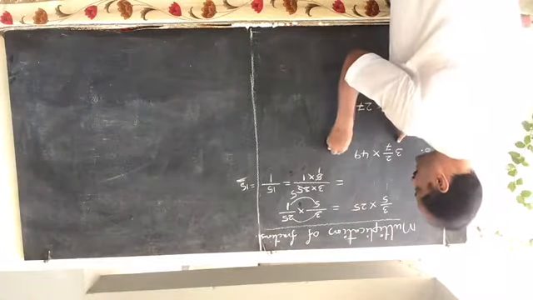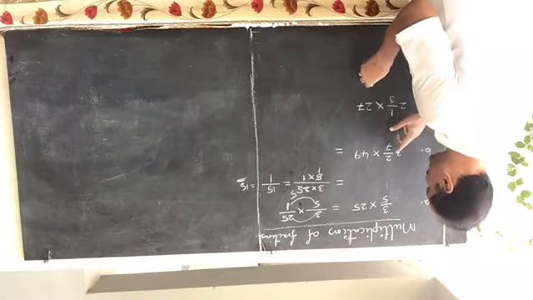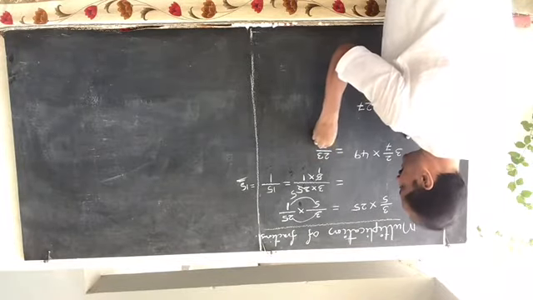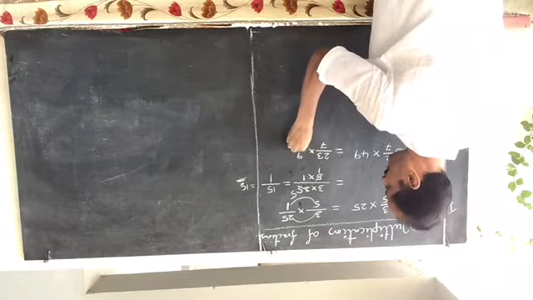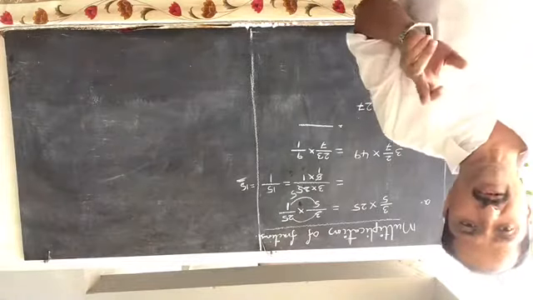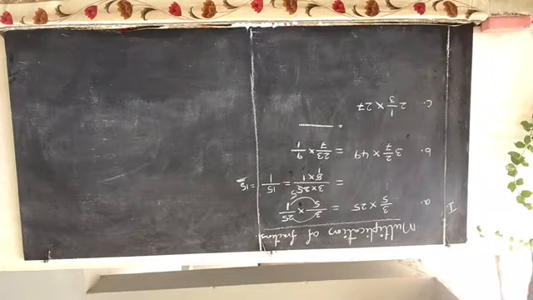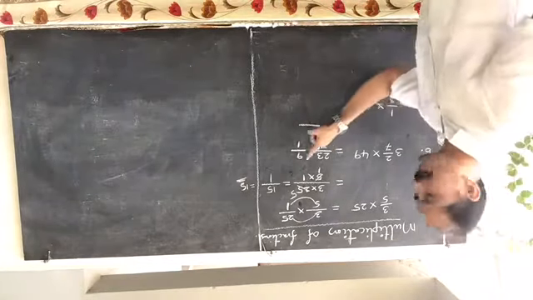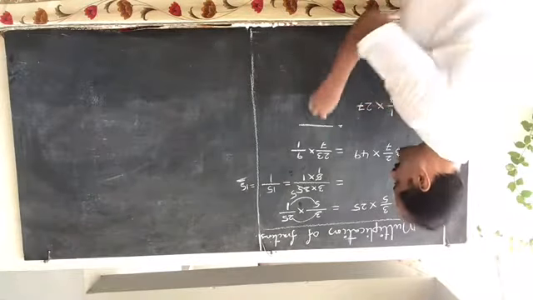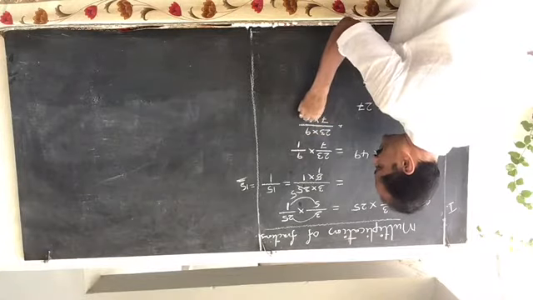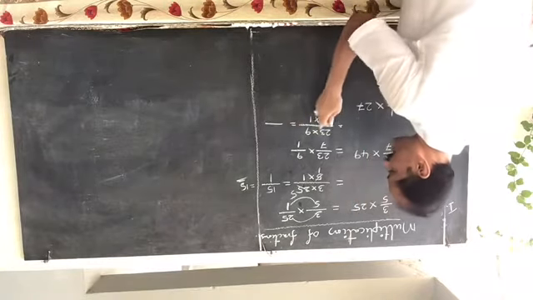3 2 by 7, same. 7 3s are 21 plus 2, 23 by 7. 9 into 9 means 9 by 1. So write down the multiply the numerators divided by multiply the denominators. The numerators are 23 into 9 by 7 into 1. Just multiply like that and go. Is there any common factors in numerators and denominators?